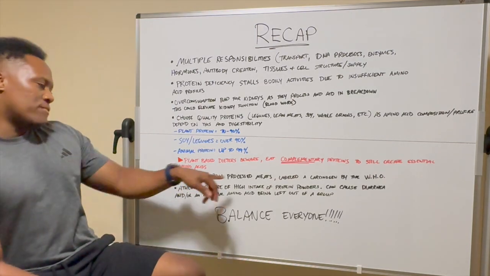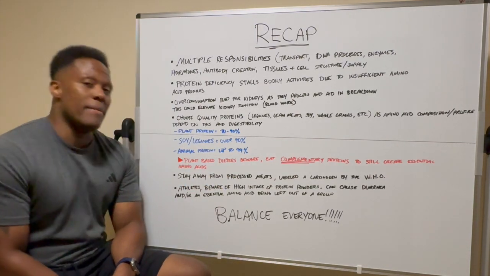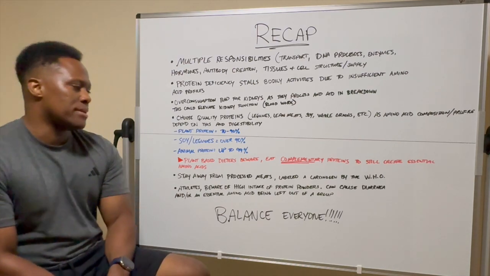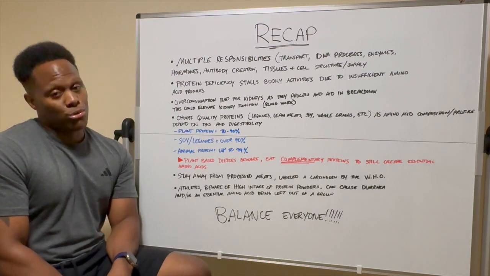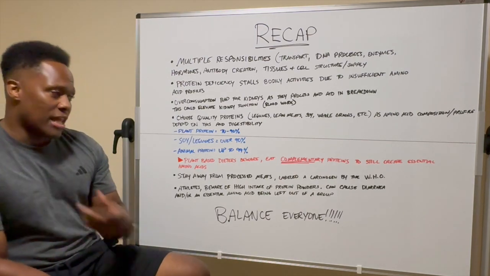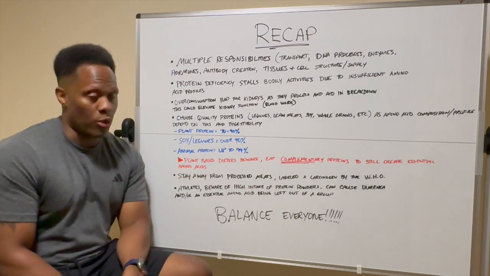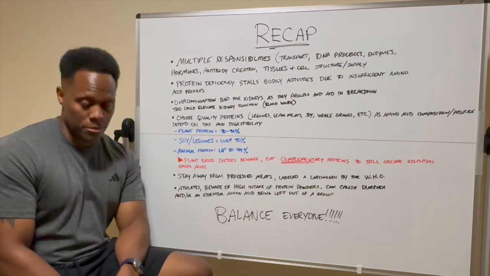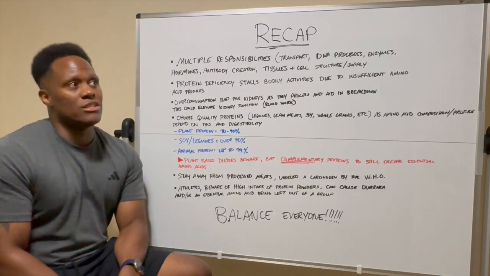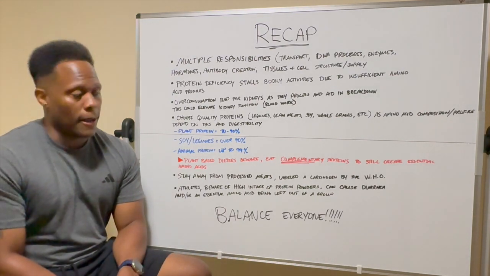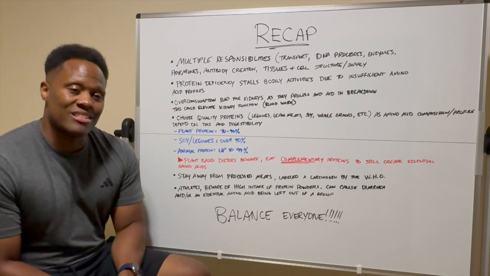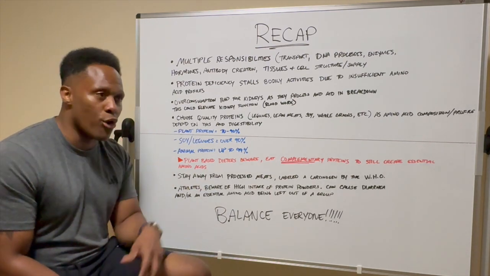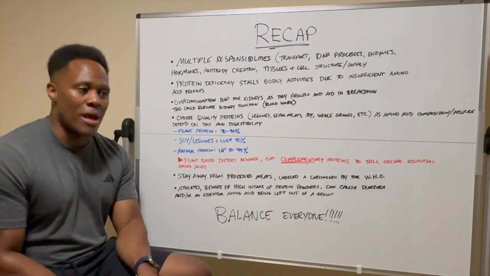Now, of course, stay away from processed meats, right? I mentioned that, I believe, in the carbs video, but you definitely want to stay away from processed meats, because while you get the protein, processed meats are labeled a carcinogen by the WHO, the World Health Organization. Basically, a carcinogen is a cancer-causing substance. Carcinogens are also in cigarettes, okay?